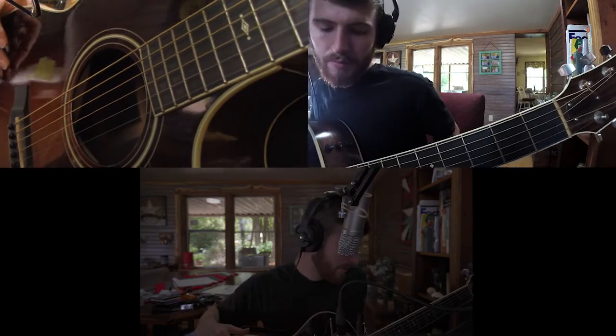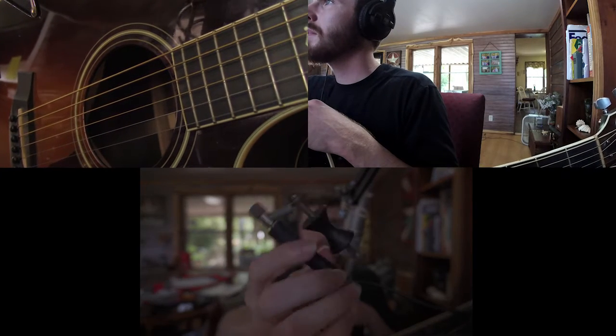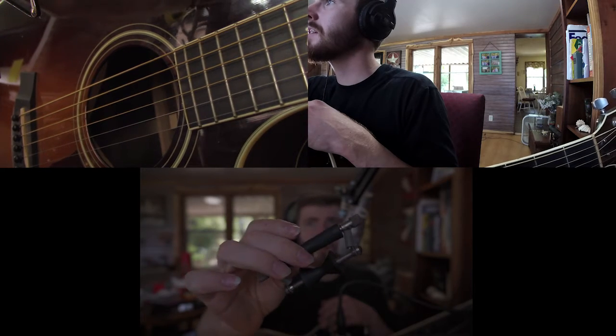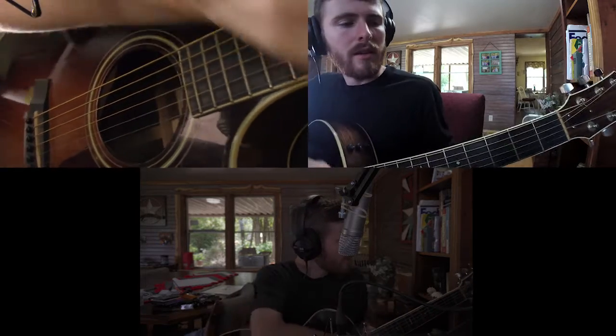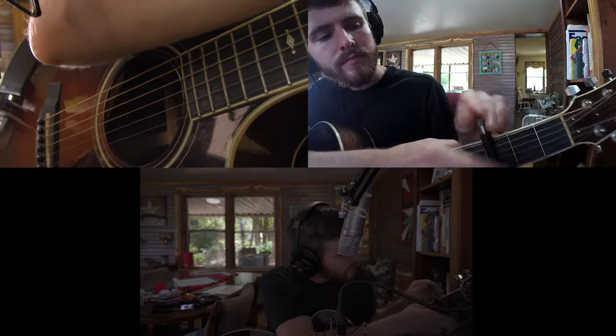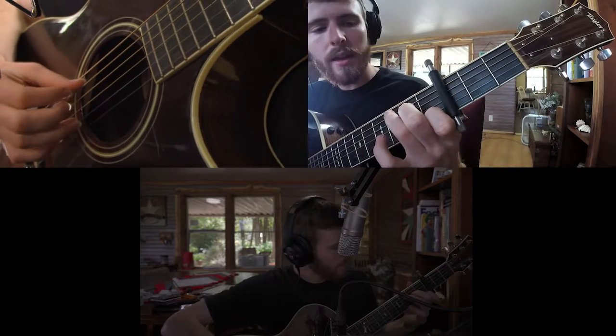The next capo that I really like is the glider capo. If you've never seen a glider capo, it's pretty stinking awesome because I can change keys while I'm playing. It glides across the neck. So you're like, are you serious? Yes, I am. When I put this here, I'm going to see if I can get this on camera as best I can. When I'm playing,